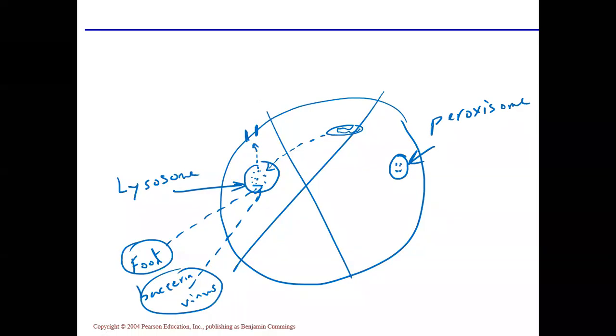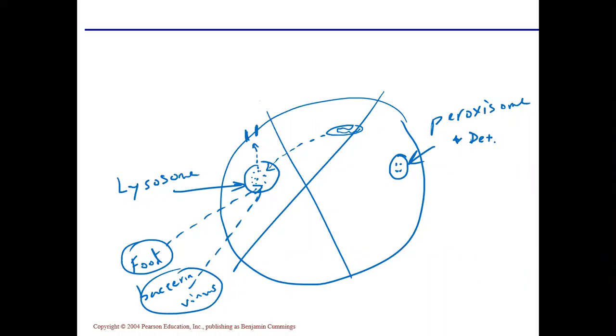Peroxisomes are a spherical membrane sac-like structure, and they also have a variety of powerful enzymes, which are mostly oxidases and catalases and such. To give you an idea, they do a couple of things, but the major one is they also do